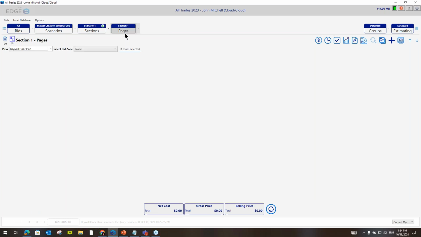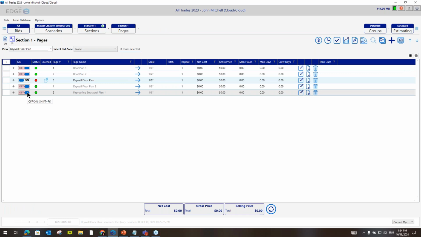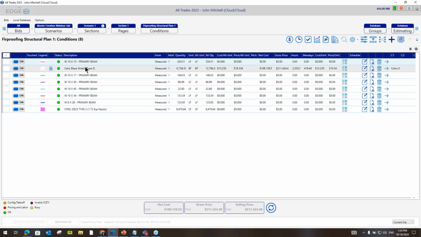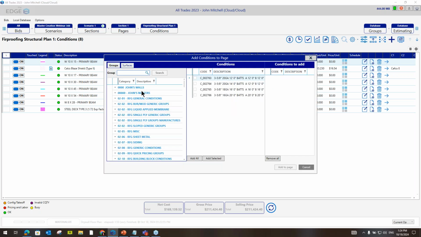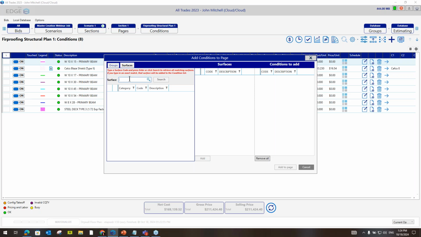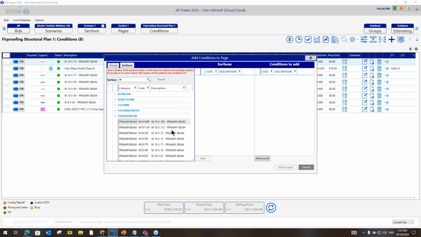Let's move on to fireproofing. I'm going to turn the fireproofing on. The reason you would want to do this in fireproofing is this. When you go to add surfaces into a job in fireproofing, typically what you do is you hit the plus sign and come to surfaces, and you go look for your surfaces and you add them in one at a time. You have to look through this list. Well, you don't have to, but you